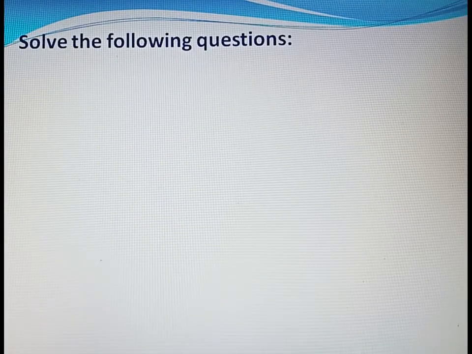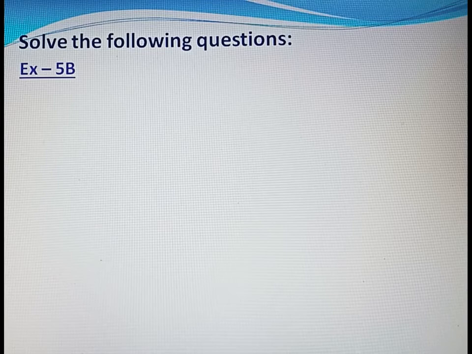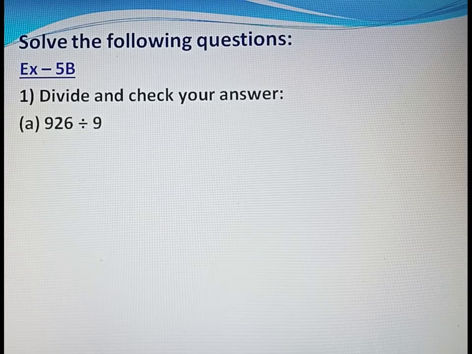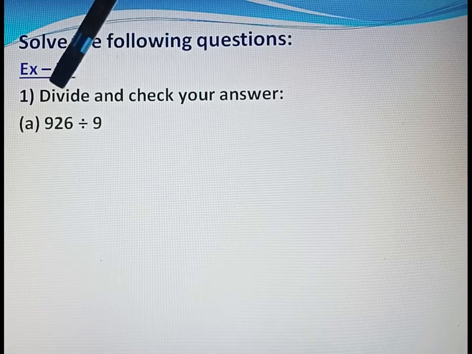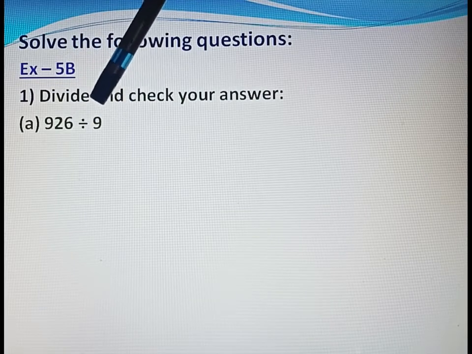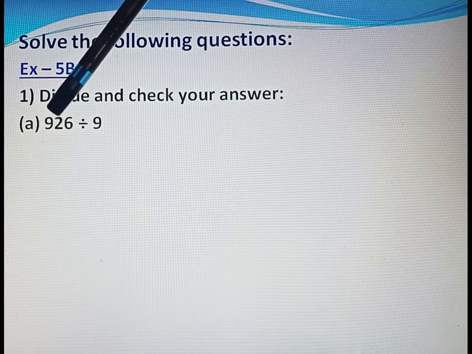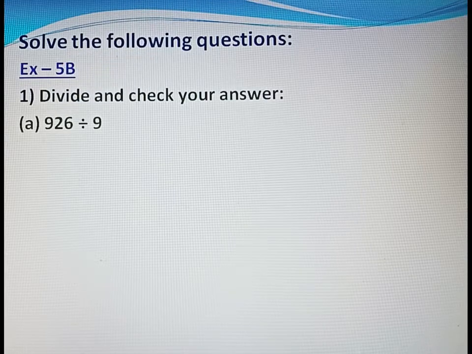Now solve the following questions. Exercise 5B. Question number 1. Divide and check your answer. A part: 926 divided by 9. We will divide 926 by 9. Answer: